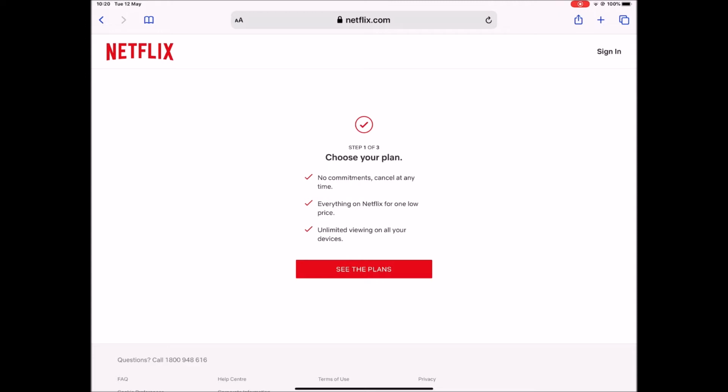So it comes up to an overview of the service to choose your plan. So I'm going to just swipe right through this. Step 1 of 3. Choose your plan. No commitments. Cancel at any time. Everything on Netflix for one low price. Unlimited viewing on all your devices. See the plans button. Okay, so that's the see the plans button, and we'll double tap on that to see what the different